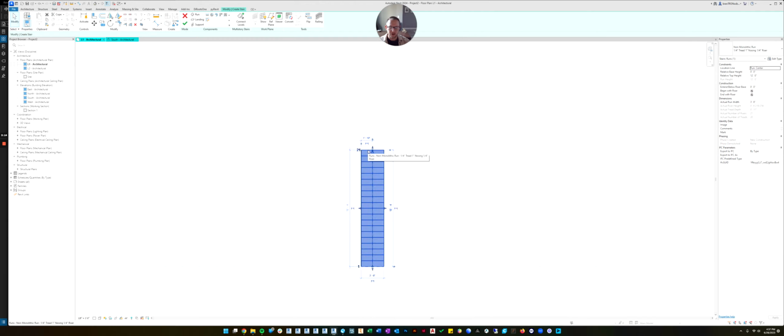Now, if you click on the stair again, you can change things like its width. See how, if you click on the stair and look over here, under dimensions, width is 3'8". If we wanted it to be 4 feet wide, we could type in 4 feet and it'll expand it. You can also drag it to be however wide you want it to be.